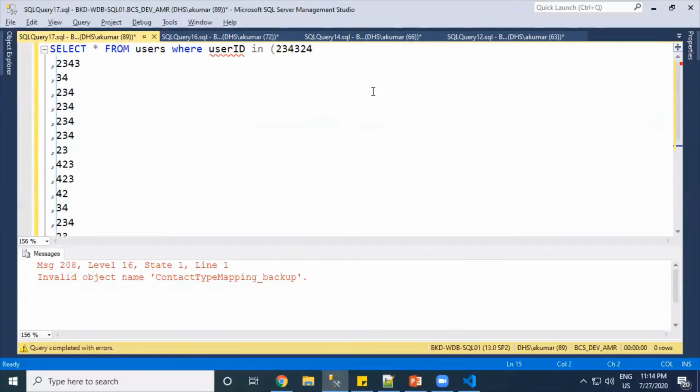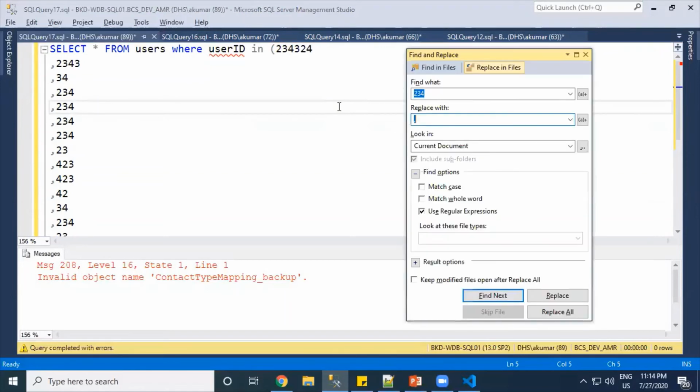To do that, we can use another tool. What we can do is Control Shift H, and it will open a find and replace window where I can choose regular expression, like \n for new line, and replace it with a comma. And then I will select this checkbox. This checkbox is very important, use regular expression. So now it will find all the new lines and convert them, putting a comma instead of the new line.